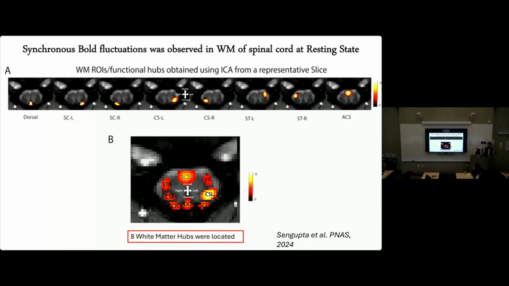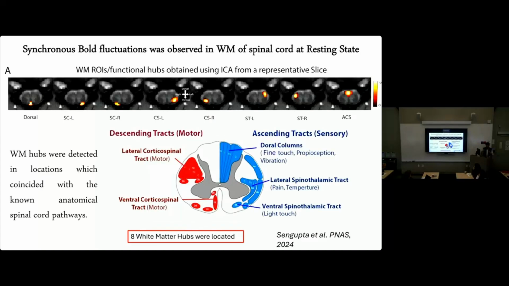So using the same technique as we used for the gray matter, using ICA-based techniques, we could find that there were synchronous BOLD fluctuations observed in the white matter region of the spinal cord, in which we did not regress out, of course, the white matter part of the signal. And the most interesting thing is that the location of these networks was found to coincide very well with the locations that we know traditionally for the anatomical tracts in the spinal cord pathways. For example, we could find locations activated in the ascending tracts, in the lateral tracts, and